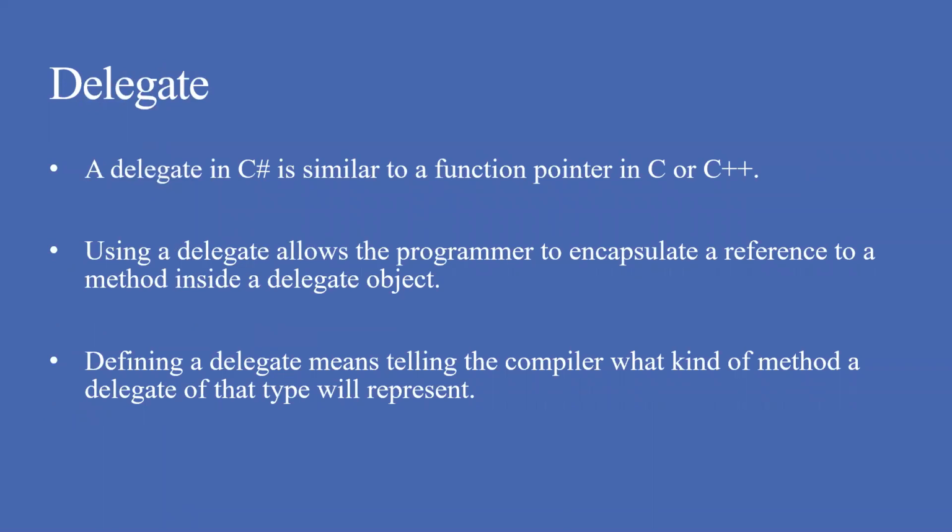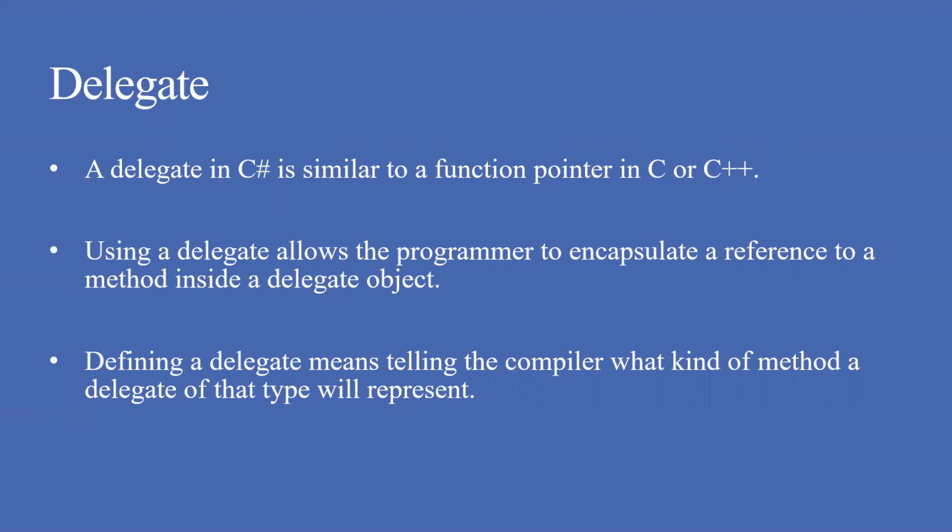So a delegate in C Sharp is similar to a function pointer in other languages such as C or C++. Basically, a delegate is something which holds a reference to a function inside it. The advantage of using a delegate is that it allows developers to provide a reference to a method. It could be a single method or multiple methods. We can reference them using a single delegate, provided the declaration or signature of the delegate matches that of the method.